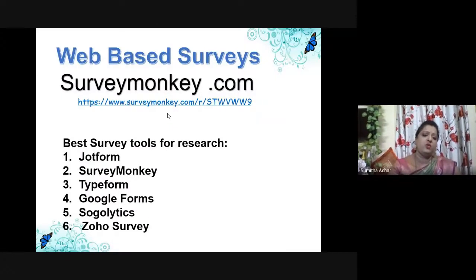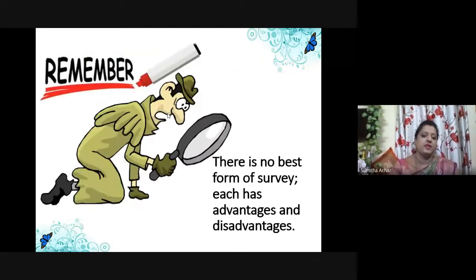Now, to reach a larger target audience, some of the survey tools commonly used are these. But friends, I will not be able to give you the advantages and disadvantages, because personally I have not used any of these, right? But I have done some research to understand that these are some of the prominent tools available for all of you to reach out to a larger target audience through internet surveys.